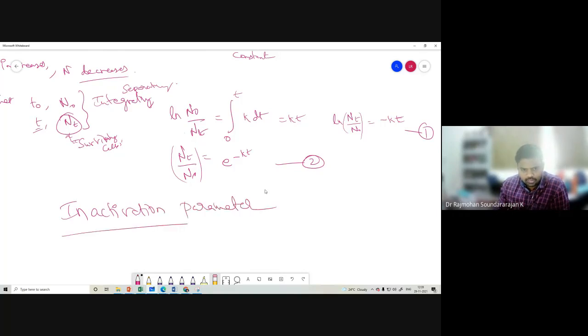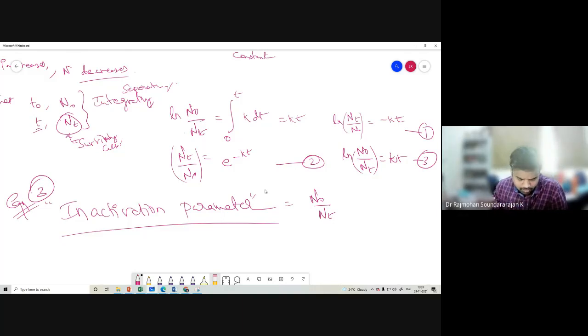What is inactivation parameter? It is equal to this ratio N naught by Nt. ln(N naught by Nt) equals plus kt. Okay, so from equation 3 we have N naught by Nt. That parameter is called the inactivation parameter, whereas in equation 2